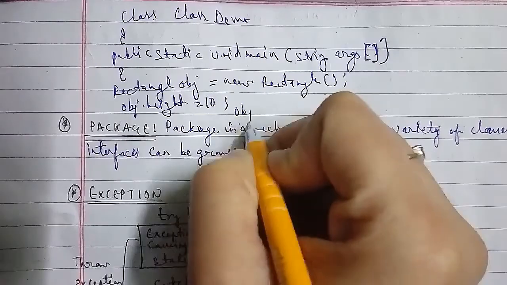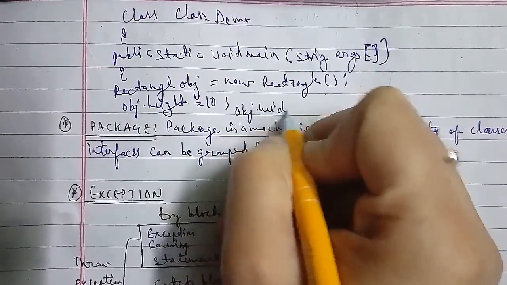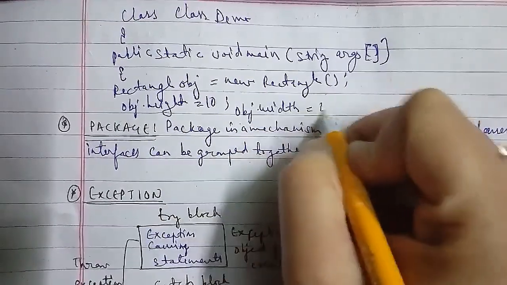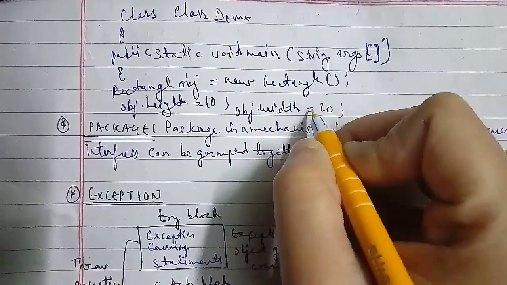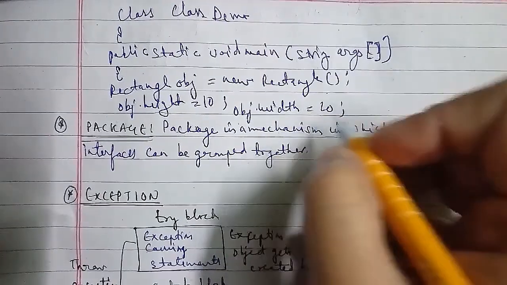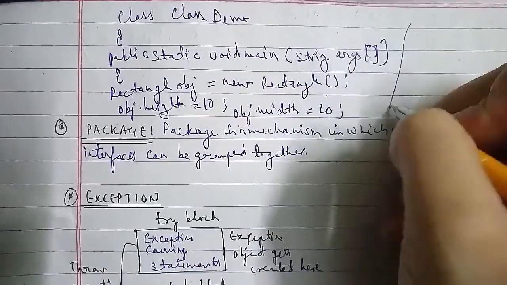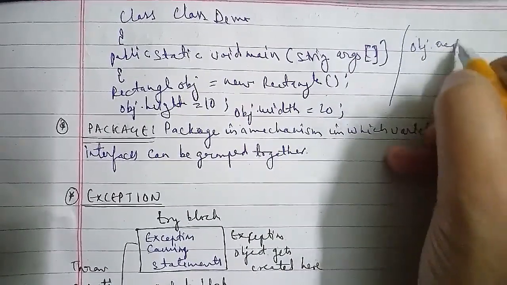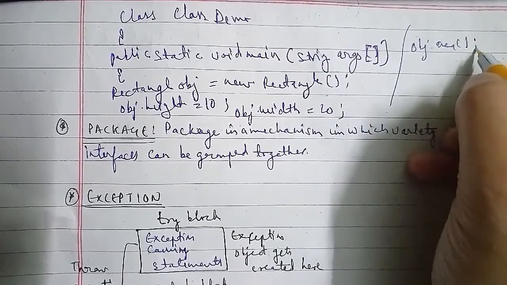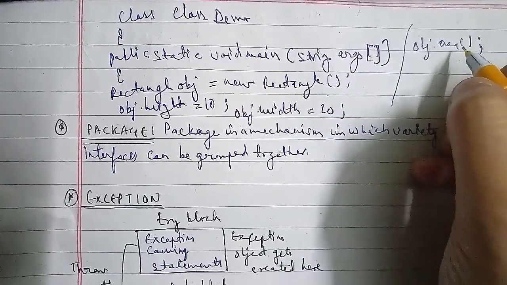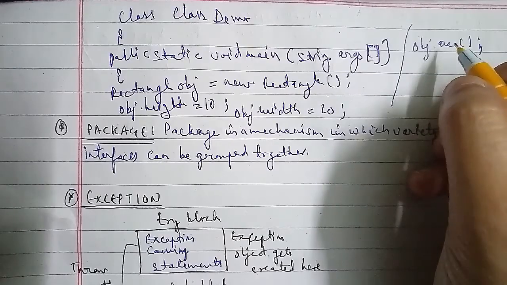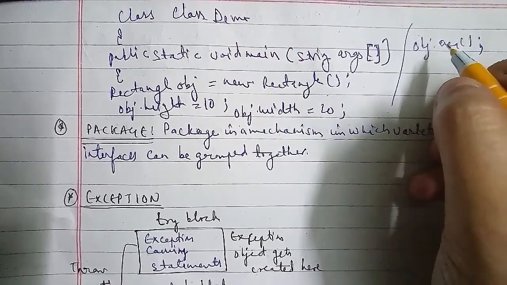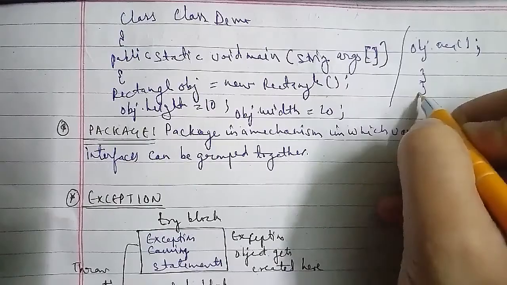So what we'll get here as output is the area is 200, sorry, this was 20, this is 10, and the next value is 20. So 20 times 10 is 200, because the formula is width into height, so that is multiplied and the answer will be 200 here. Let's go ahead with another one.